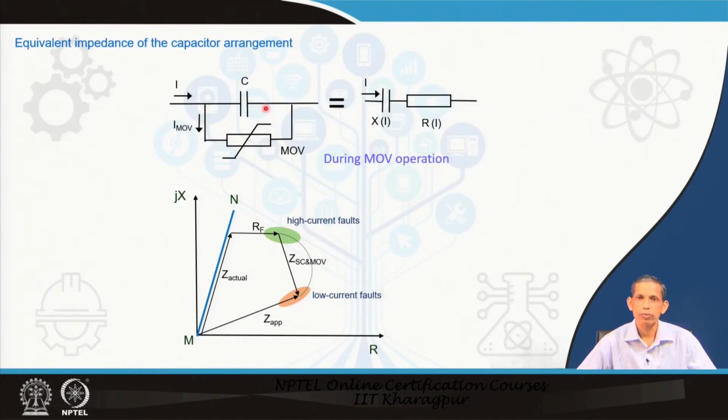So in the fault path only the capacitor will be there, so there will be a capacitive minus jXc in this. This is the low current situation: minus jXc, even though this RF is there. Equivalently, from the actual impedance of this line up to this point, we have the delta Z which is changed by the capacitive effect. Now, currents can be intermediate between high and low, so the impedance seen will also be at intermediate points between this point and this point.